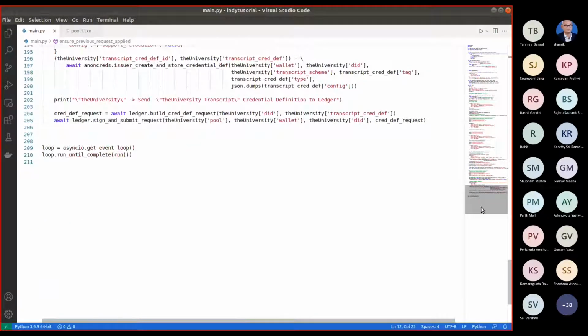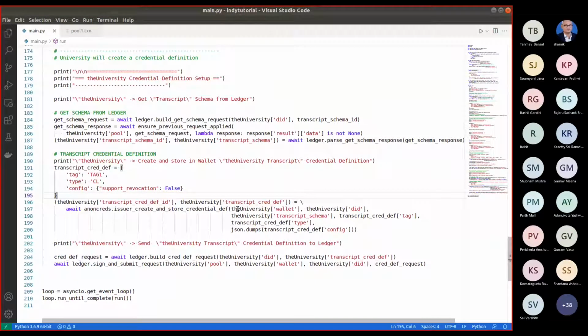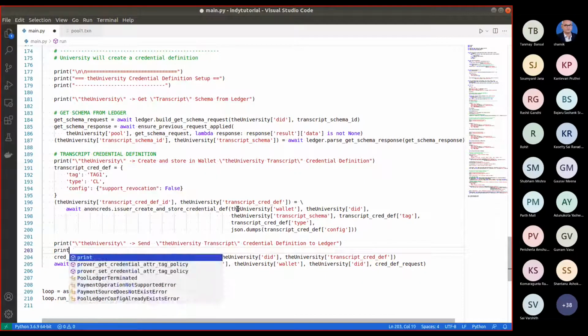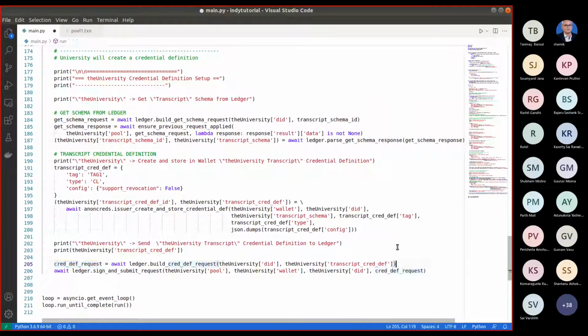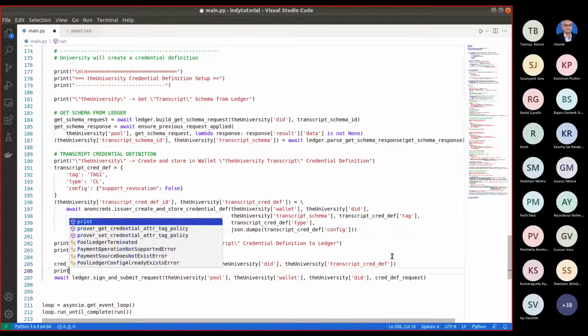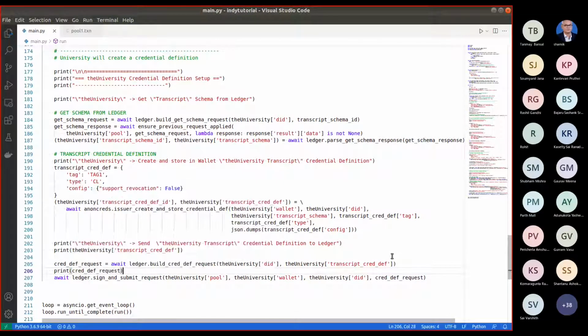Let us also add a bunch of print statements so that we know how everything looks. So we have a cred def ID and a transcript credential definition, the actual payload. Let us print this payload, transcript credential definition. Let us also print the actual request we are getting from build cred def request and see what actually is going to the ledger.